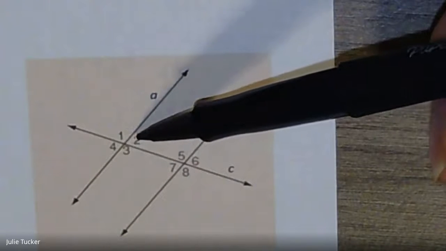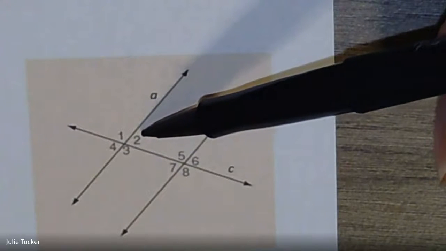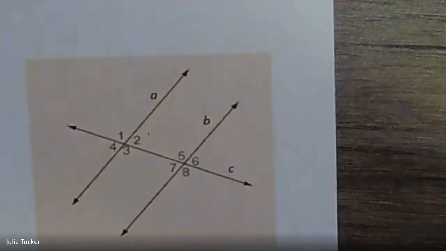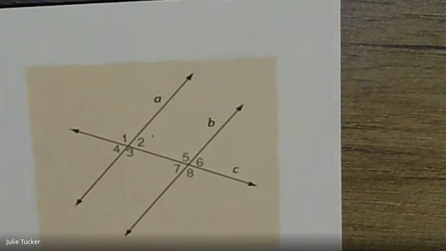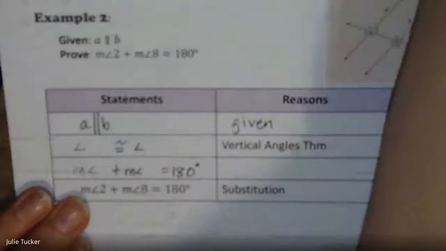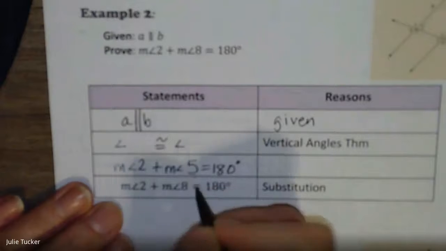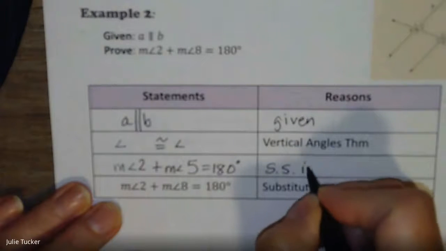If I use the 2, the supplementaries are the same sides. So if I use that 2, 2 is on the interior. What angle is same side interior with 2? 5. Yes, awesome, 5. So if I use that, it will probably work. So I'm going to zoom you back out. And I'm going to put angle 2 plus angle 5 in here. And I'm going to say same side interior